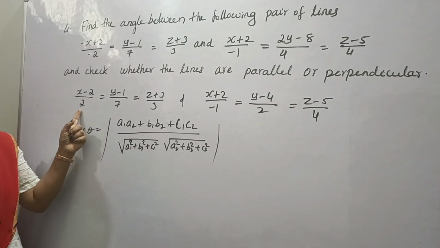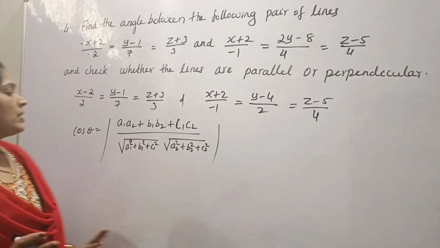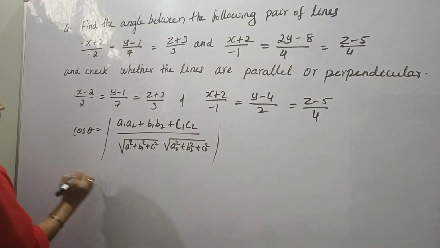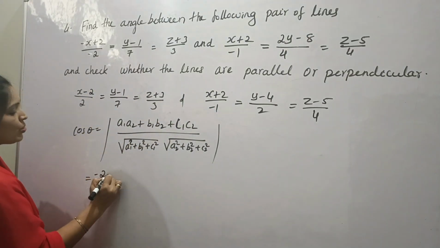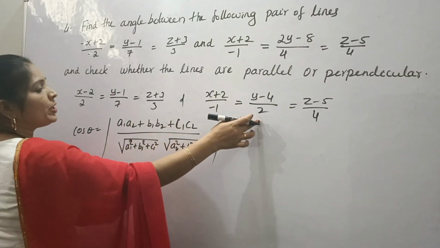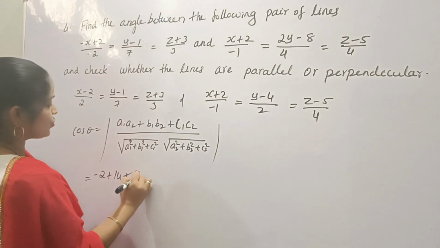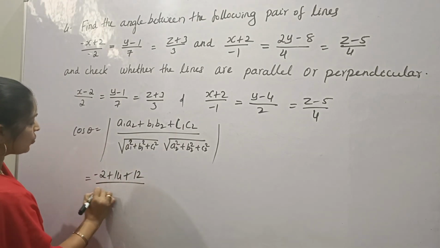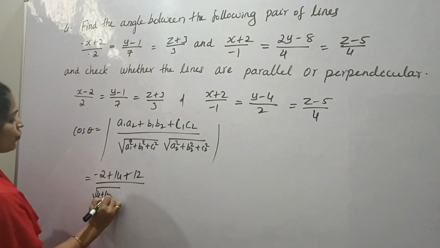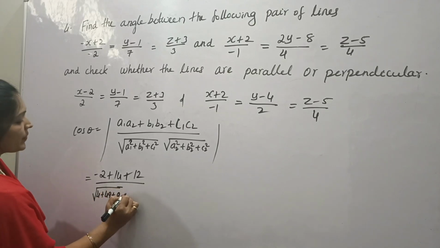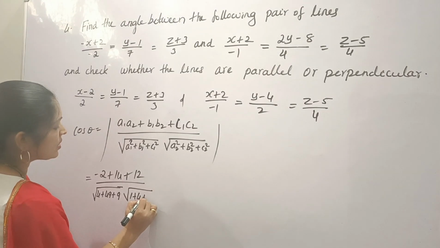Okay. So here let's substitute a1 into a2, that is minus 2, plus b1 into b2, 14, plus 3 into 4, 12, divided by root of 2 square 4 plus 49 plus 9 into root of 1 plus 4 plus